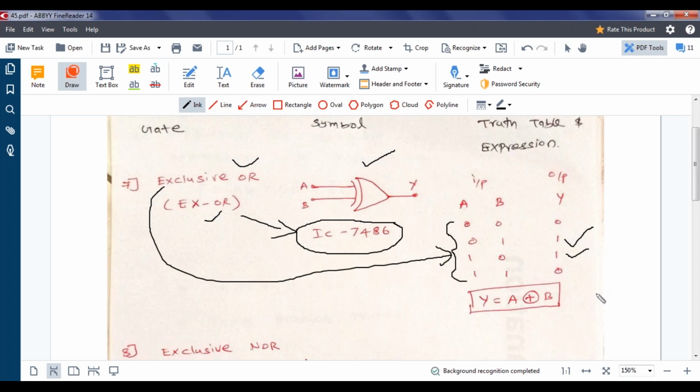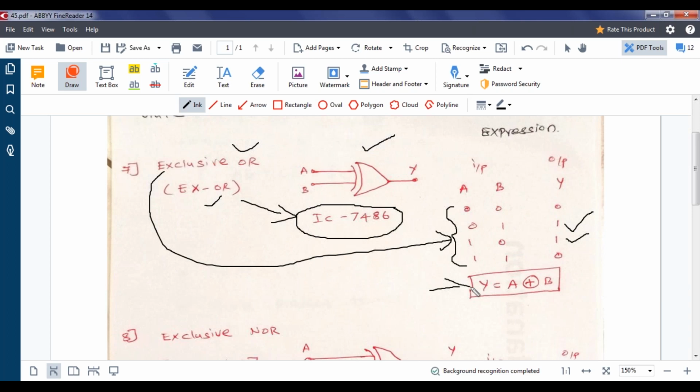Algebraic expression: capital Y equals A, and this symbol indicates exclusive OR. A plus sign with a circle around it indicates XOR or exclusive OR. So capital Y equals A exclusive OR of B. A plus with a round around it, that symbol indicates XOR or exclusive OR. So next,